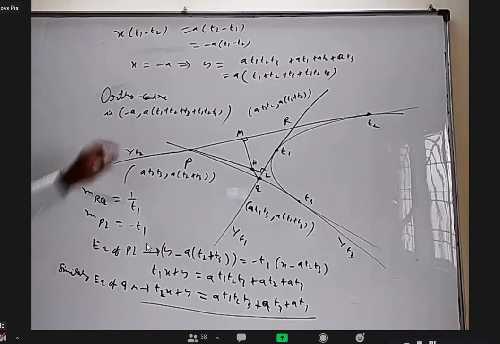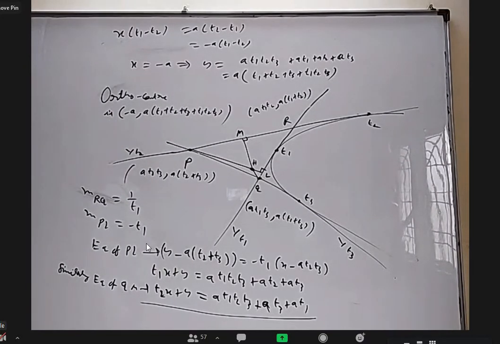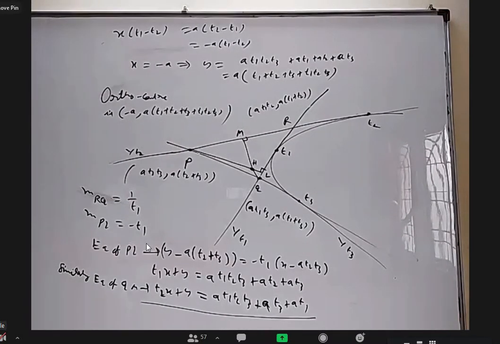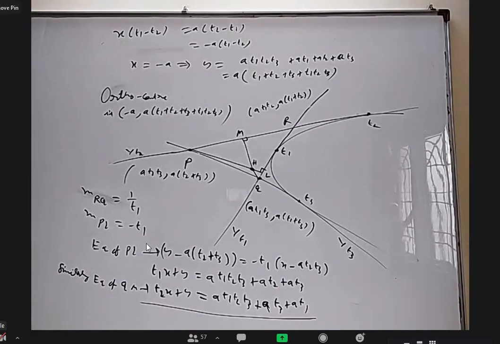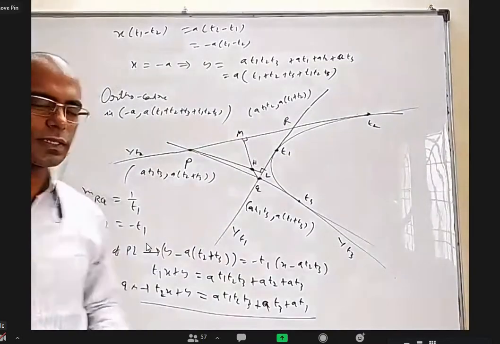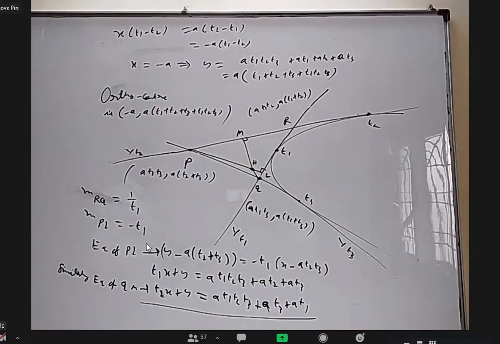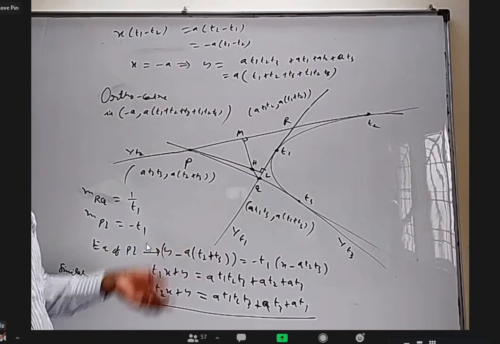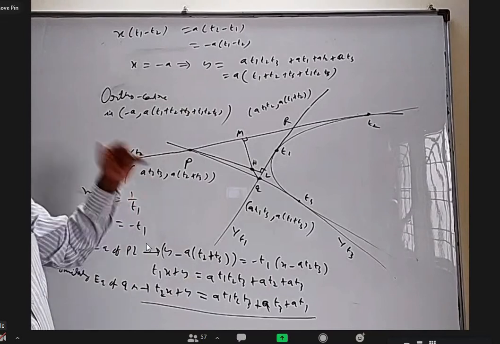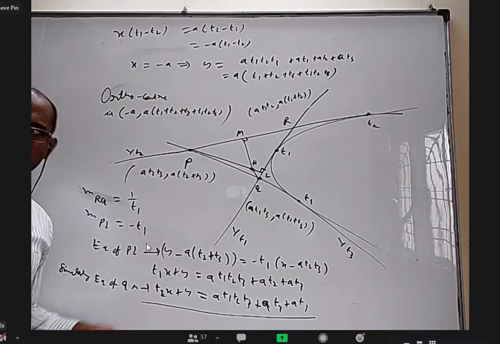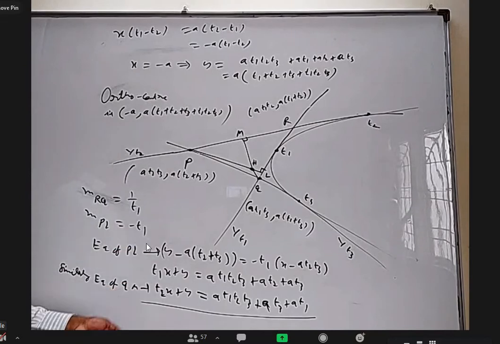If x coordinate is minus A, what can we conclude about it? Y coordinate is changing, but x coordinate is fixed, so the orthocenter lies on the directrix. Yes, it's amazing that a simple curve has so many properties. Okay, so we talked about image of focus and all. You take any three tangents and find the orthocenter, it will lie on the directrix only. So this down part I want to erase. Does anybody still need to copy this?